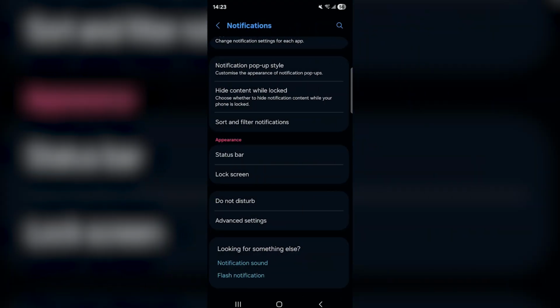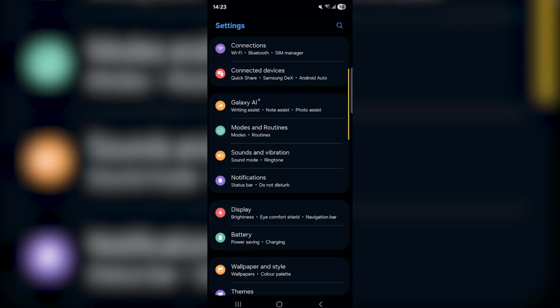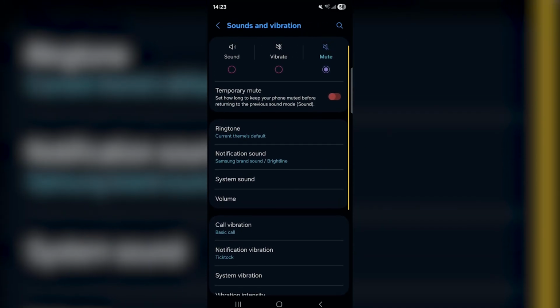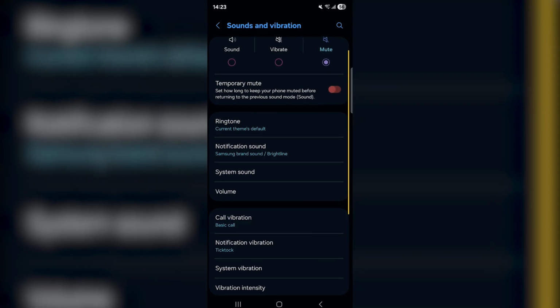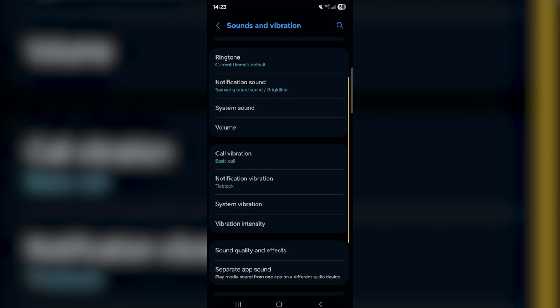Now, what you also want to do is go back to your settings and then find Sound and vibration. Once you find Sound and vibration, go over to Vibration and haptics. And then once you're in that, look for Predictive haptics. There's going to be a bunch of different things, but once you find Predictive haptics, just go ahead and